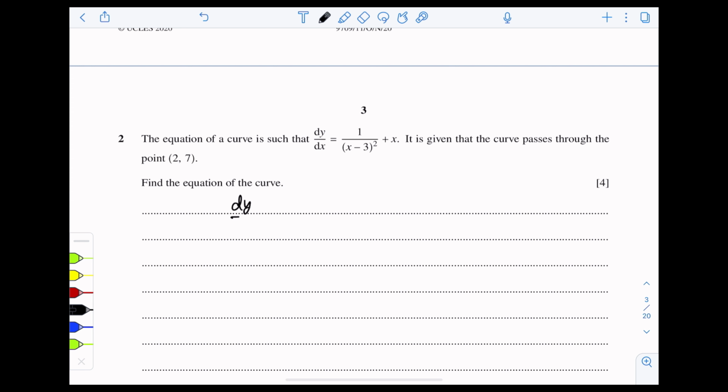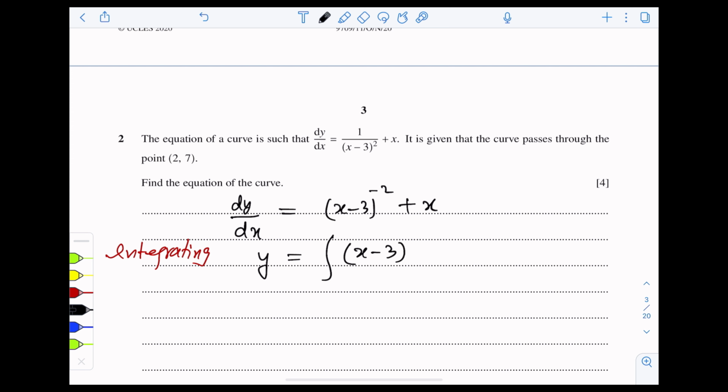Since dy over dx is equal to this, we can write it as (x minus 3) to the power minus 2 plus x. Now we will integrate each side. Integrating the left side, we are left with y. Integrating the right side, (x minus 3) to the power minus 2 plus x